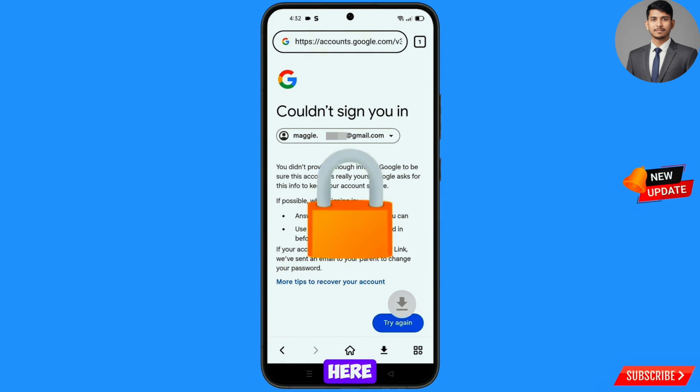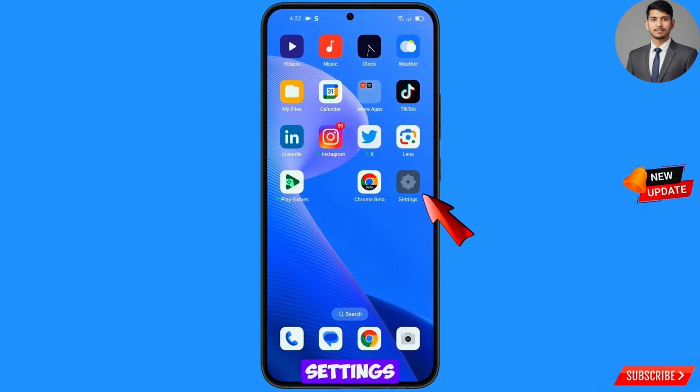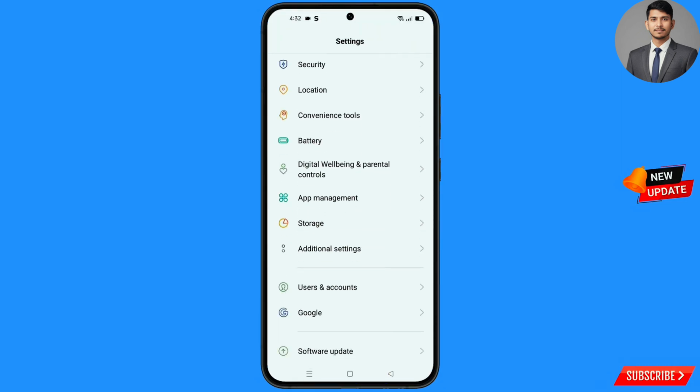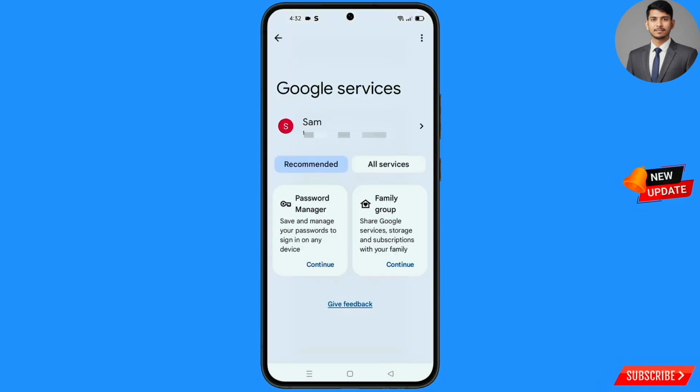Simply minimize from here. Now you have to navigate the settings option from your phone. Tap on settings and you have to navigate the Google option. Tap on Google and then you will land here and here you will see Google services option. At the top right side you will see three dots. Tap on it and then here help option will appear. Tap on it